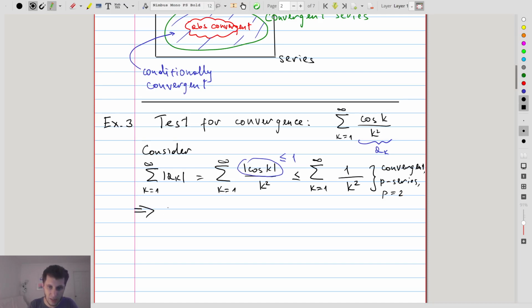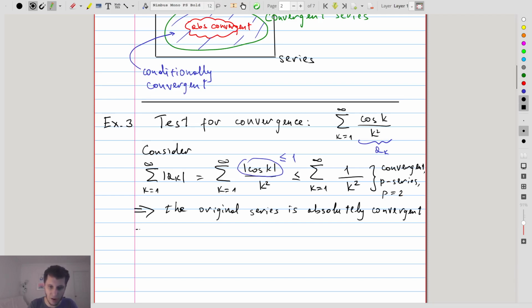And so what this implies about the original series is that it is absolutely convergent. And this is great because this means we do not need to be concerned about the specific